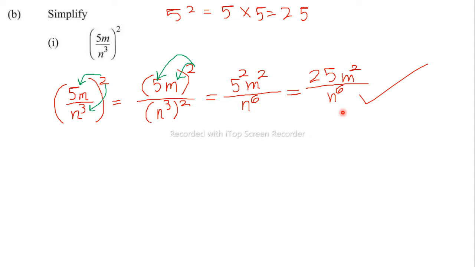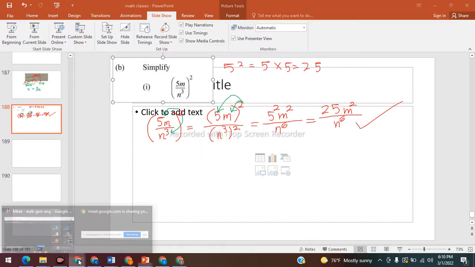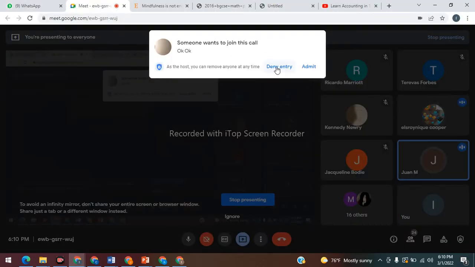Oh, Juan, I think you forgot to multiply the m squared. Yeah, I just see that. Mr. Badi, if the terms were like, we had to cross multiply? If the terms are like, we would have canceled. Yeah, we would have canceled. All right. Okay. Should I do another one? Yes, sir.